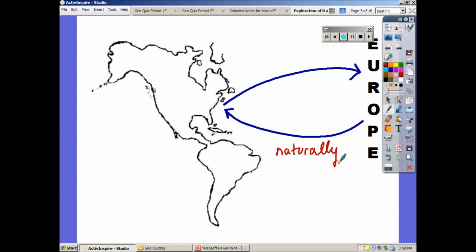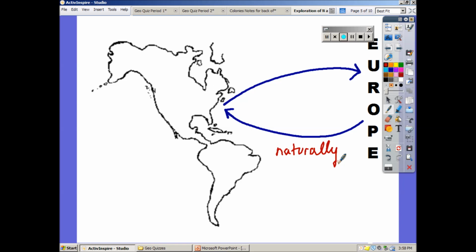And so people went from Europe and came to the Americas, and they brought things with them. Well, they left them there. Other people found them and used them. People traded things for them. And then they found stuff in North America, and they took it back to Europe. And the result was they actually introduced things to Europe.